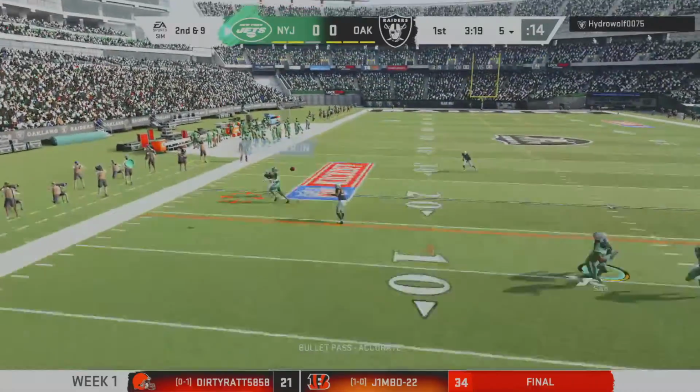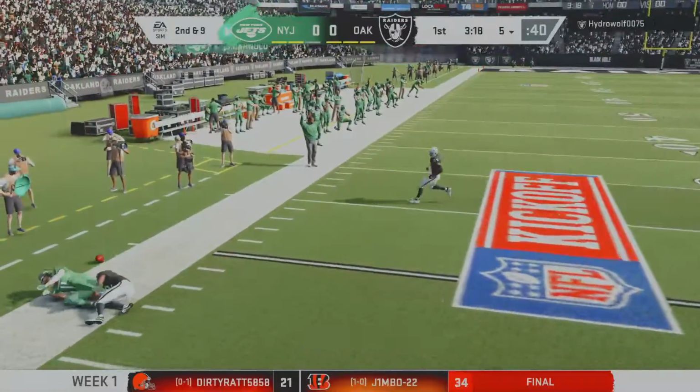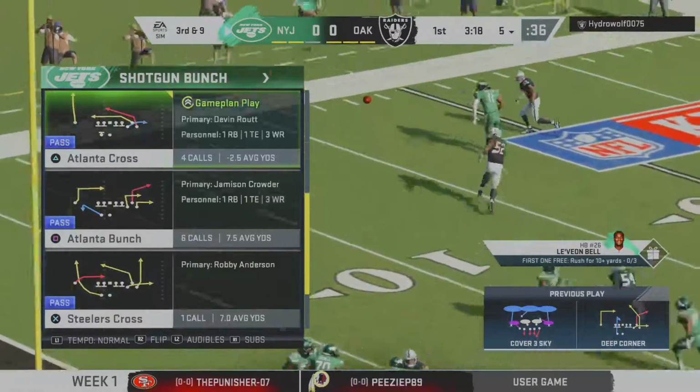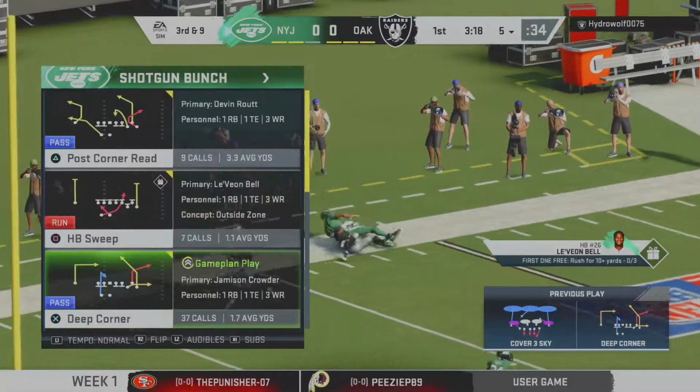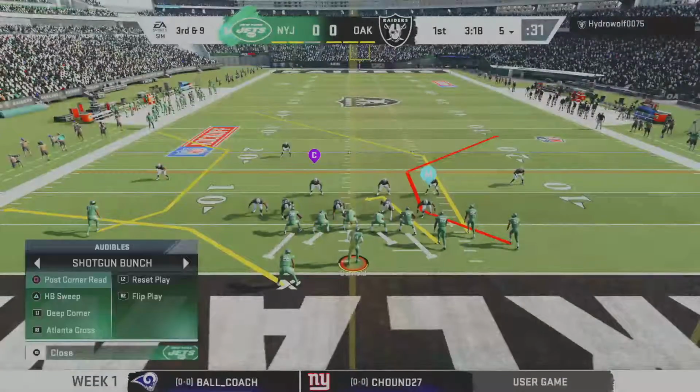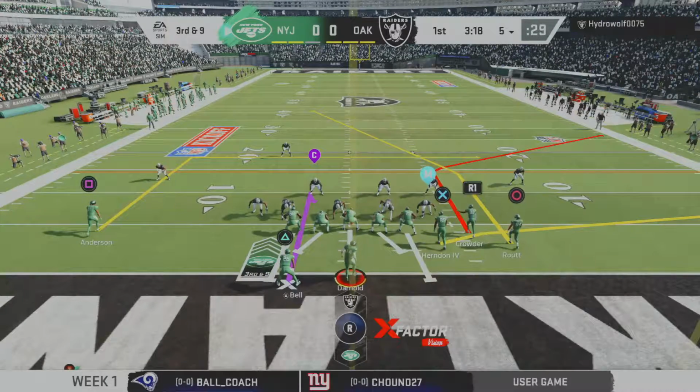On 2nd and 9, Darnold, and that is incomplete. A lot of force bearing down on him there. He could not hang on. It's 3rd down. So he can't hang on, and as I watch that unfold, I remembered an expression that I've heard, maybe from you, I don't know, but you're going to get hit anyways, might as well hold on to the